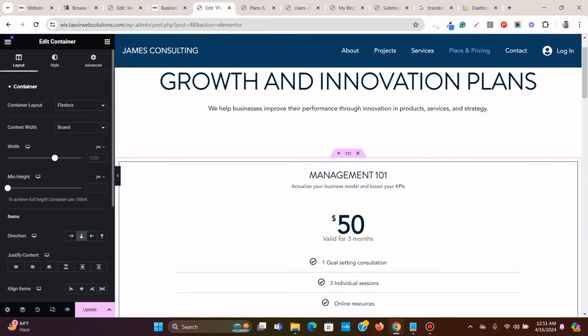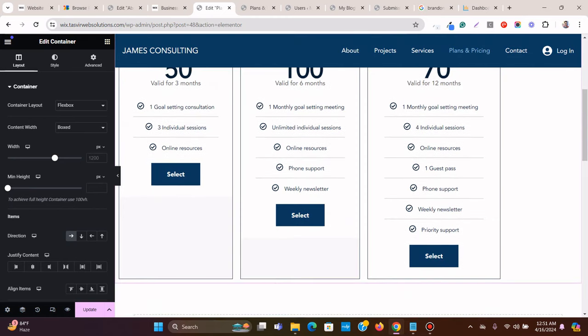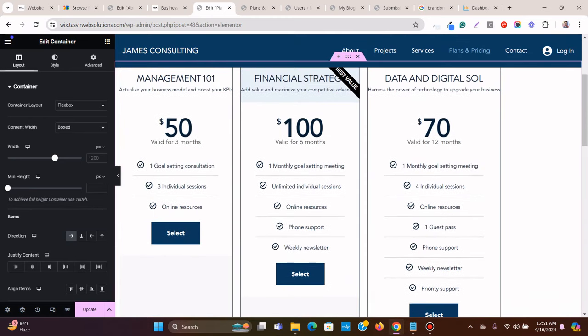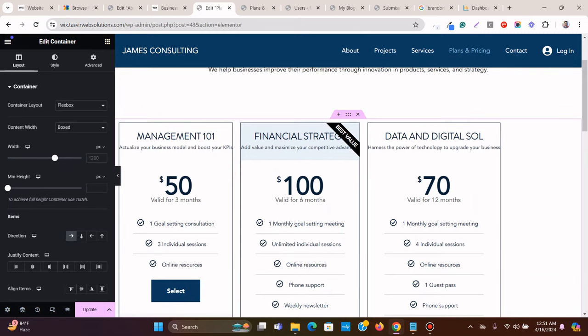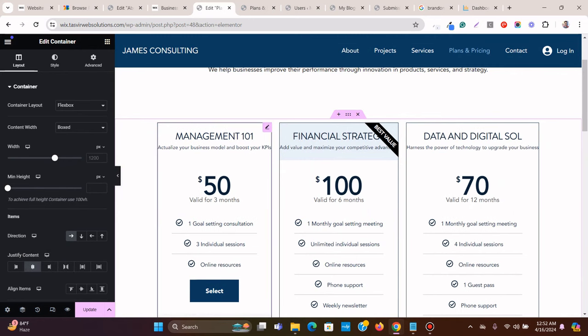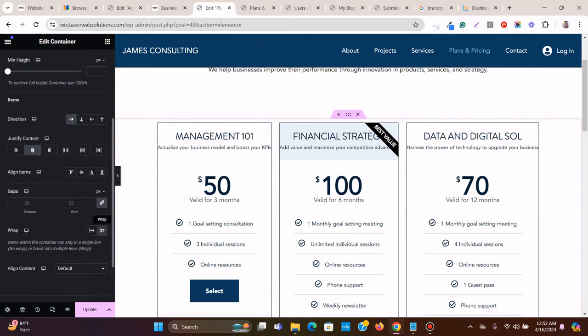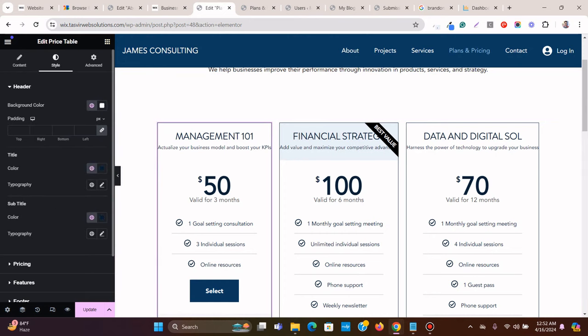and then simply change the direction so that the pricing tables go side by side. Okay, that's great, but you see there's an issue with this. Why are these so squished up? Okay, let me check. Space between or center. Maybe we need to select and choose the wrap option. Maybe